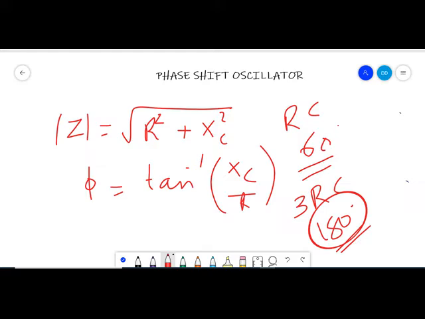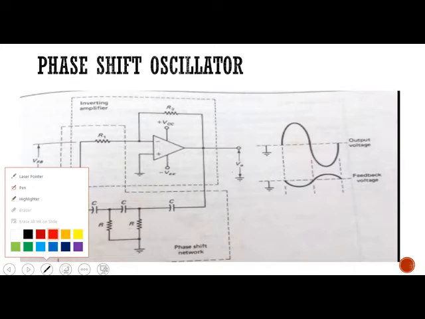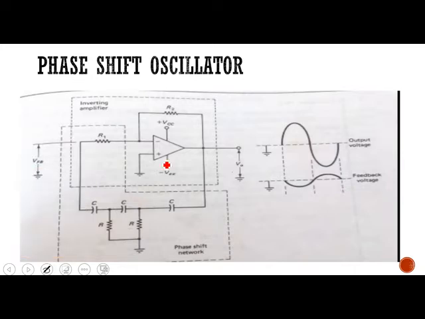So the first sine wave generator which we will be designing is using the RC network, the so-called RC phase shift oscillator. The phase shift oscillator using op-amp uses an inverting amplifier which gives 180 degree phase shift, and the RC network used as feedback also gives 180 degree phase shift, since we have 3 RC pairs. The last resistor is nothing but resistor R1. So first RC, second RC, and this is the third RC network.